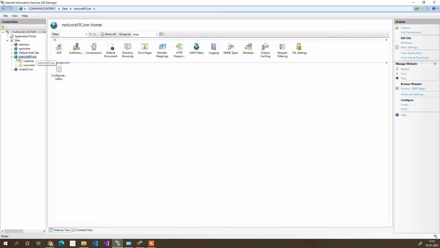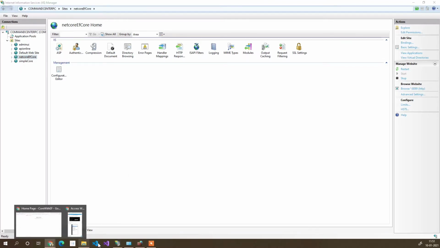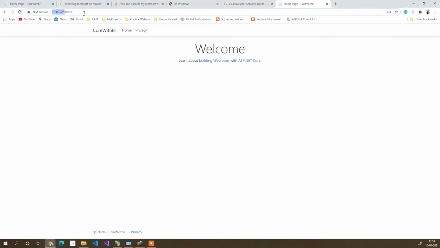So I have followed very normal steps for adding any website to this IIS, and it's working fine in my browser while accessing it locally. But when I try to access it on my mobile or any other computer which is connected to the same network, it is not able to access it. So after searching a lot, I came to know that we need to add some rules in the firewall in order to give access to that particular thing.